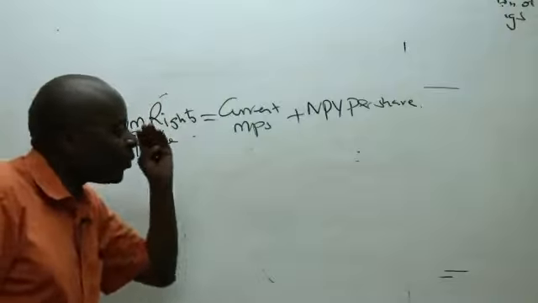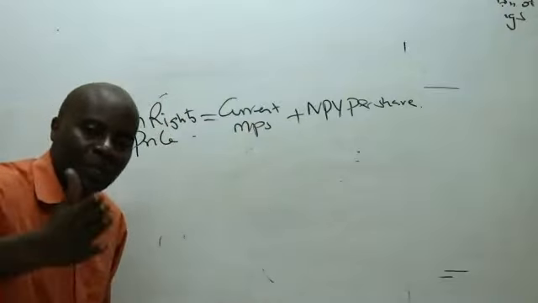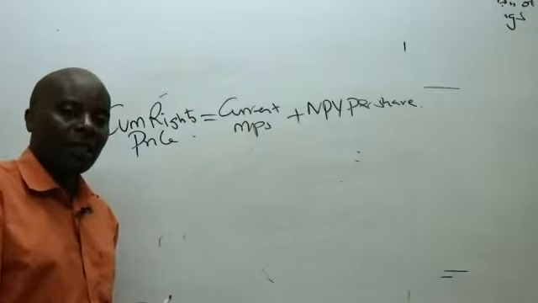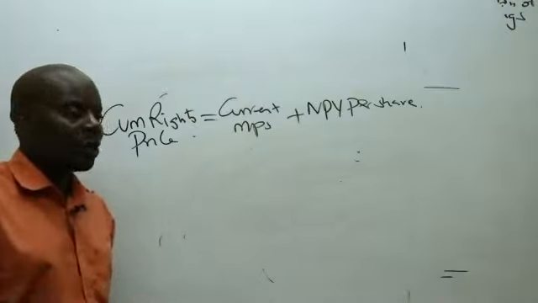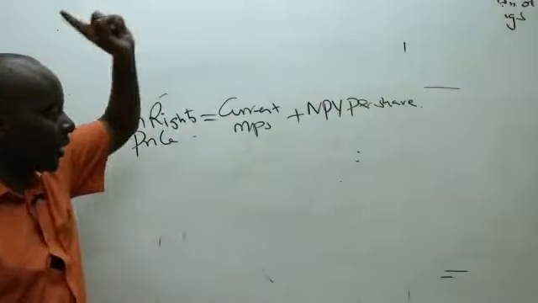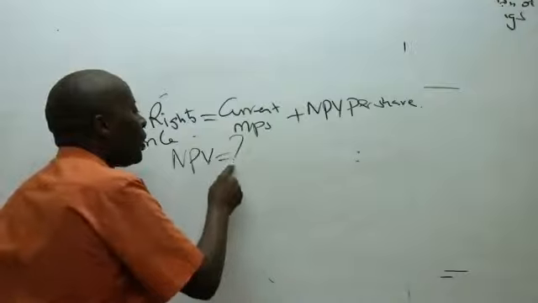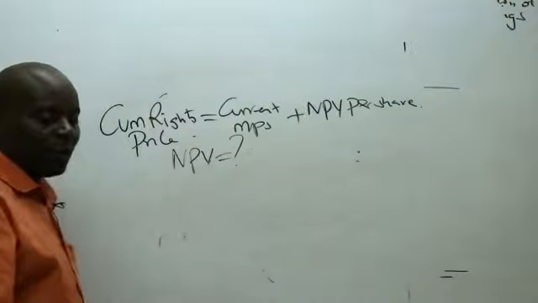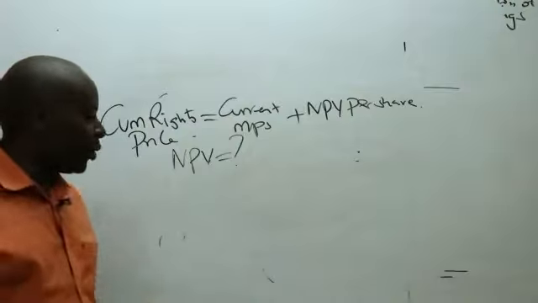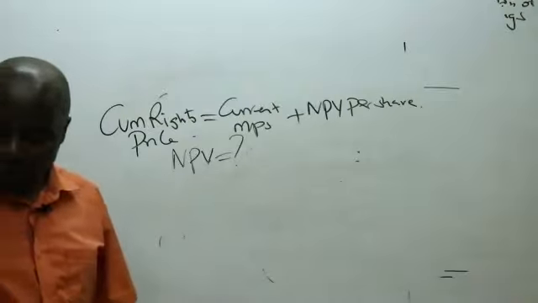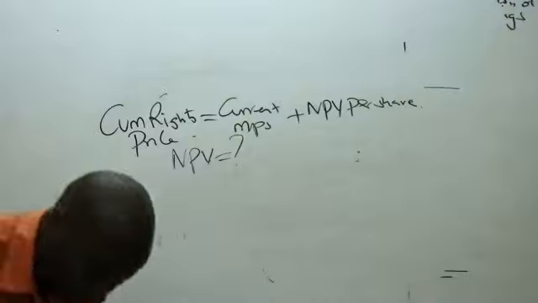So anytime you are asked by any examiner to ascertain the CUM rights price, even if you don't understand anything, look for cash flows given in the question, and they give us net present value as the first thing. So I want to see whether there is any student here who will be able to give us the net present value in this particular situation. So please give us the net present value and then we'll be able to compare notes.